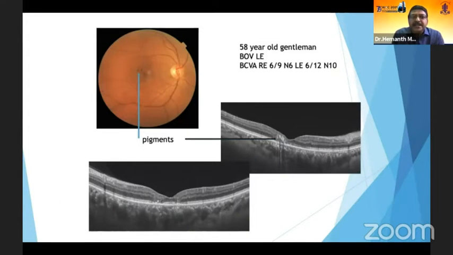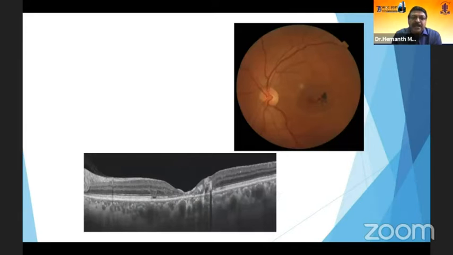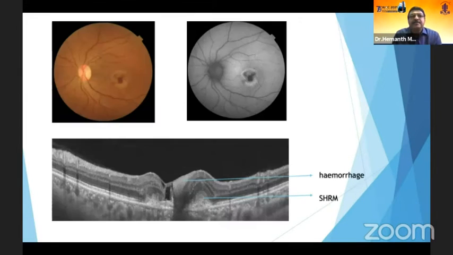Now in a much later stage, you see pigments in the fundus, and that on the OCT reflects as these hyperreflective areas that you see here in the OCT. And this patient also shows loss of the ellipsoid zone and some amount of foveal thinning. That is, as the condition progresses. Similarly, you see this patient has significant foveal thinning, loss of ellipsoid zone, presence of pigments. So this is somewhat the later stage. This is stage 4 MACTEL, type 2.